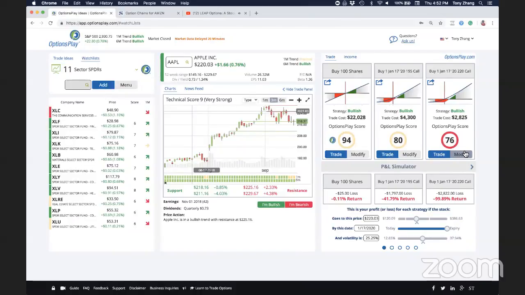So again, this is why we generally don't like trading at the money leap options, because even if the stock does slightly better, so as you can see, Apple's trading at 220. Maybe I think it's going to go to 250 by next year. Here, if I bought the stock, I make a $2,900 return. Here, I make a $1,200 return, which is a 27% return versus a 2,900, and this I make only $175